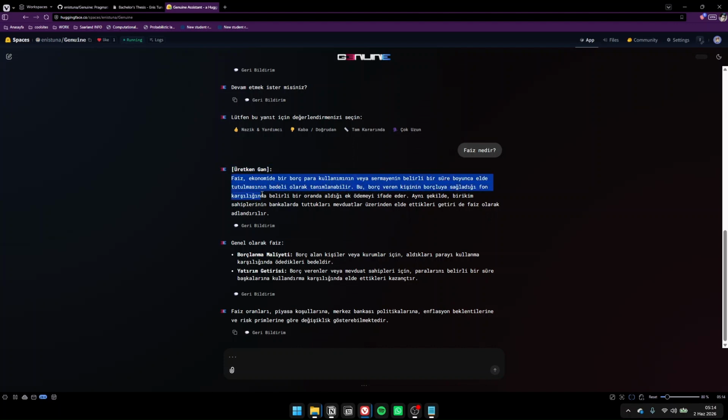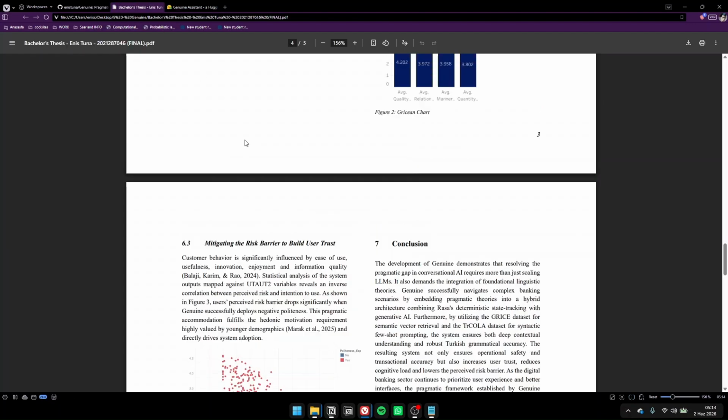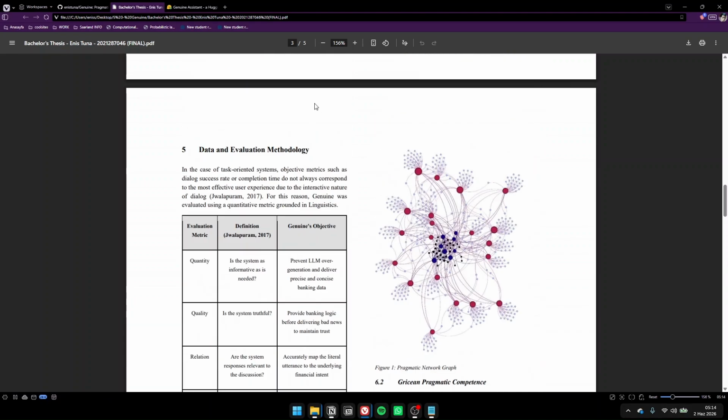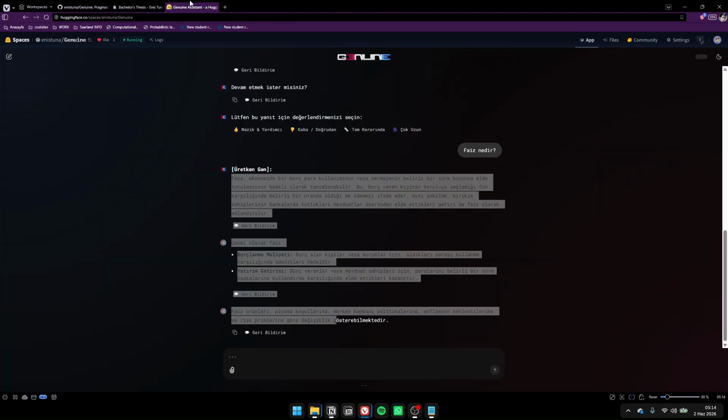And this response is created using, like I said, Gemini API mixed with the documents that I've uploaded and leveraged. And those documents actually tell the generative AI how to give responses based on the pragmatic theories. And this is all just based on my thesis statements and what I wanted to do with this project.